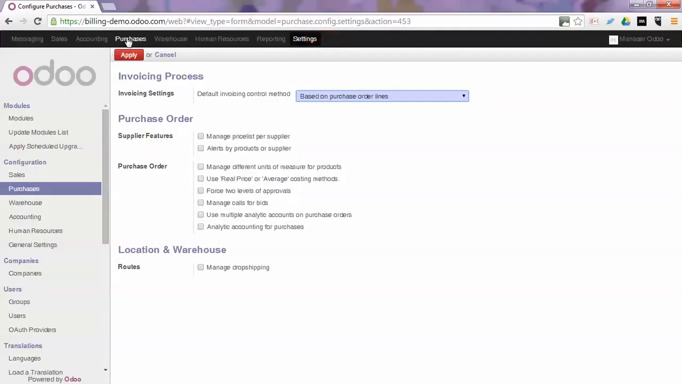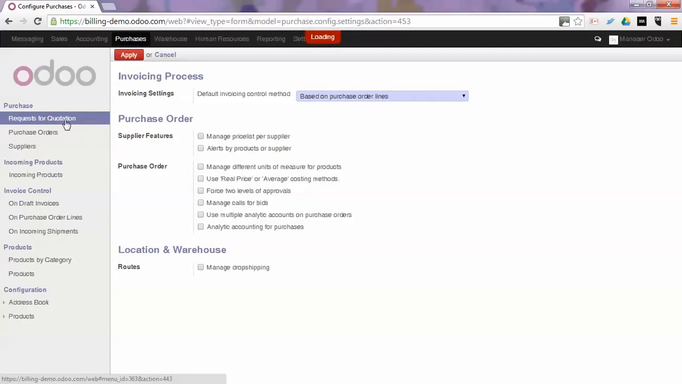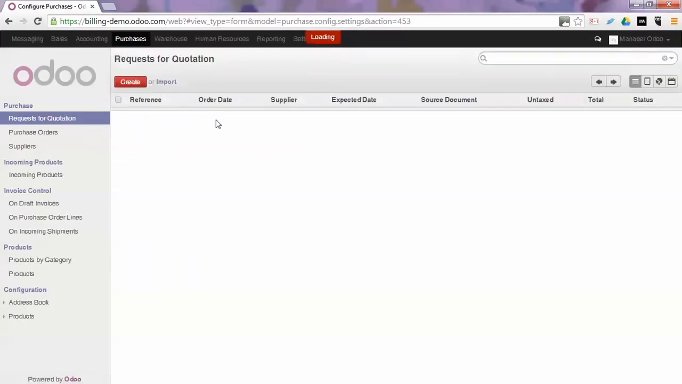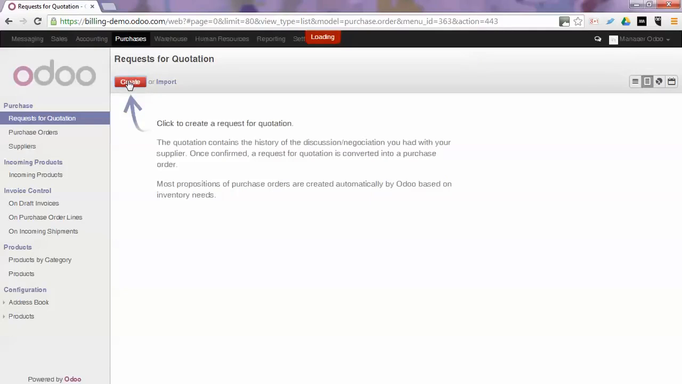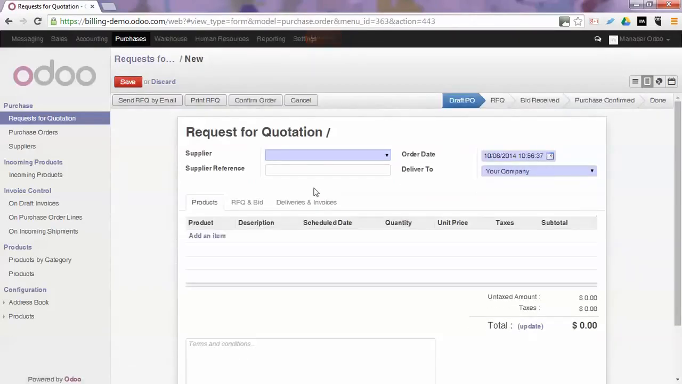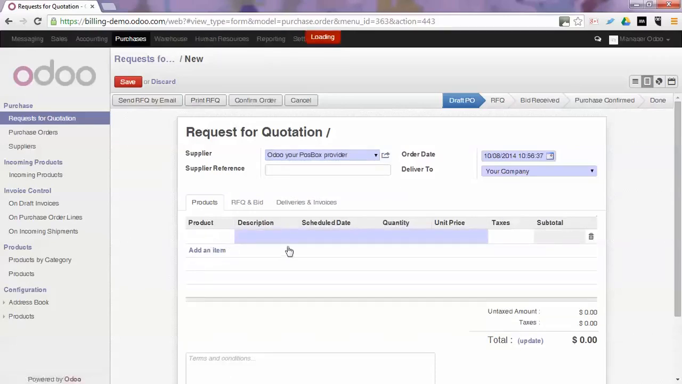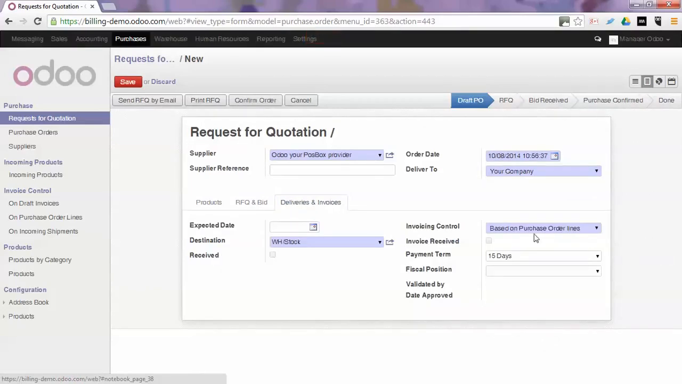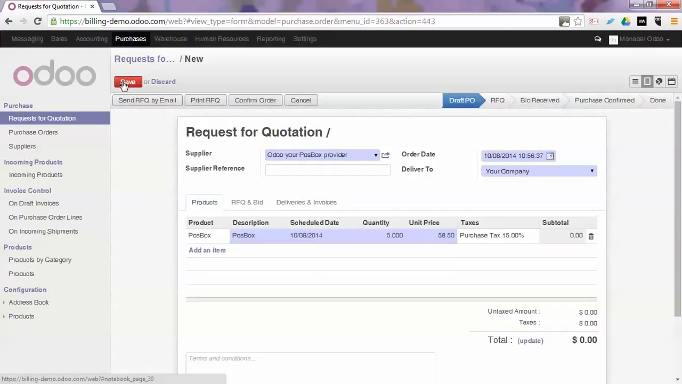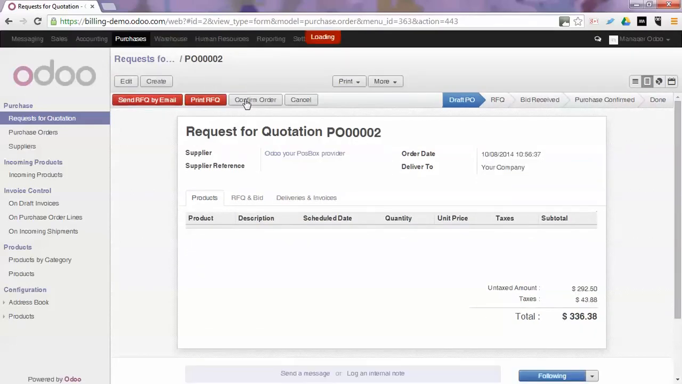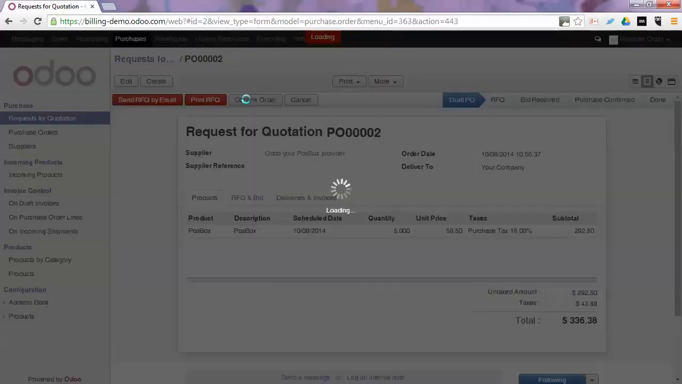So we go back to purchases, request for quotation, we click create, we choose our supplier, we order the same product, let's say we order 5, and when we go to deliveries and invoices, we will see that it is based on purchase order lines. So we click save, we confirm the order,